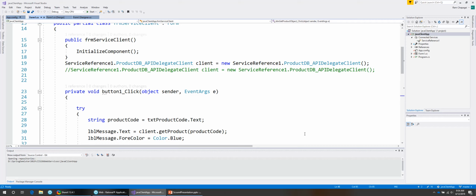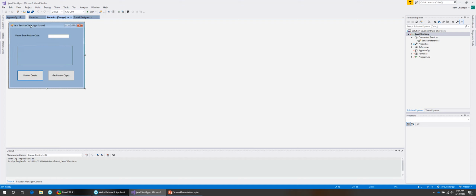Visual Studio has the client application. So here is my form design. It has a text field, two buttons and a label. So if we run the application,